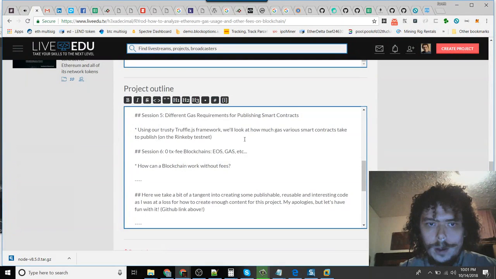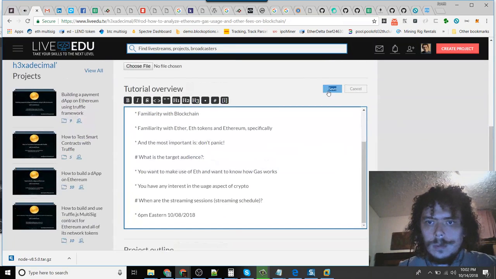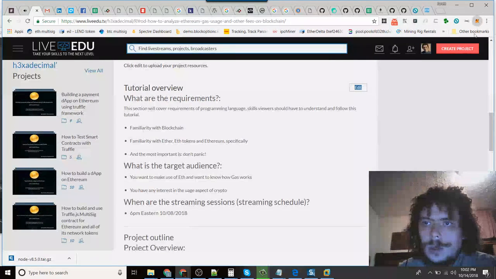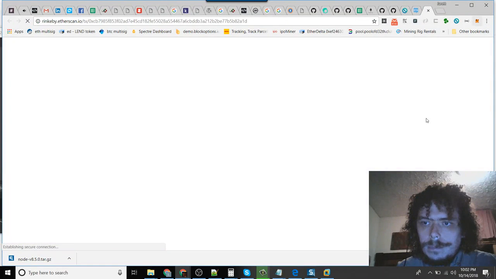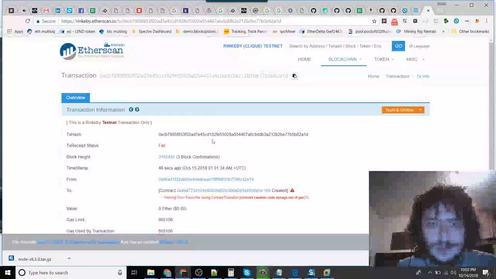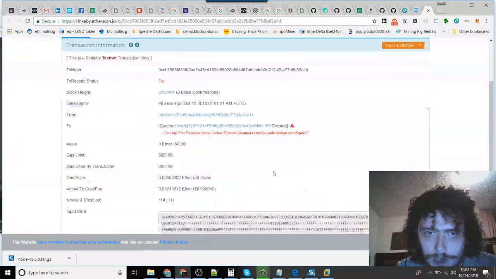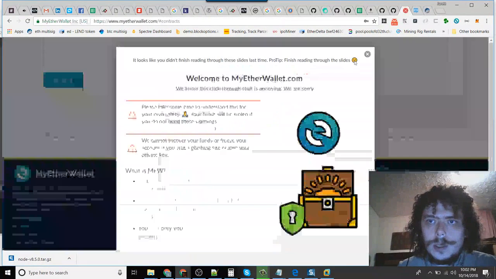Ether gas limit. So we should have a contract on Rinkeby. No, it failed. Contract creation code storage out of gas. So it didn't work with just under the recommended amount of